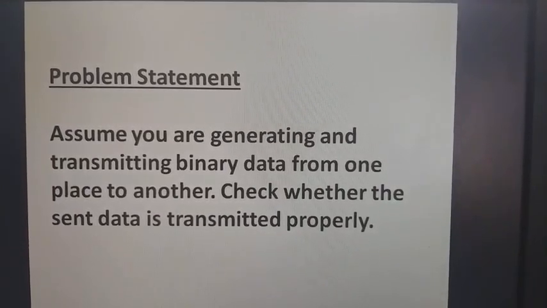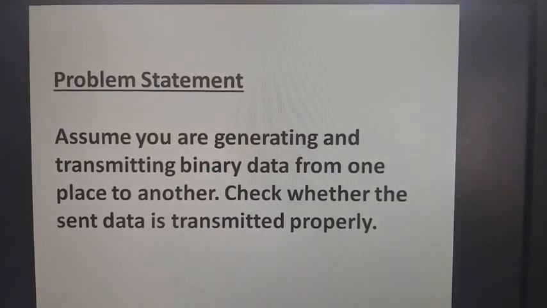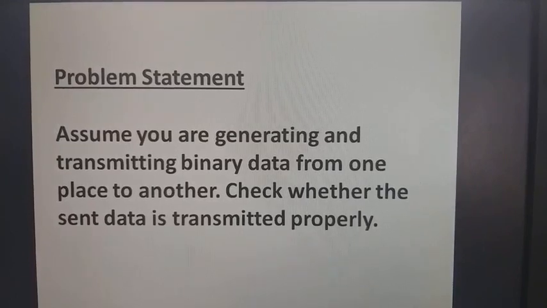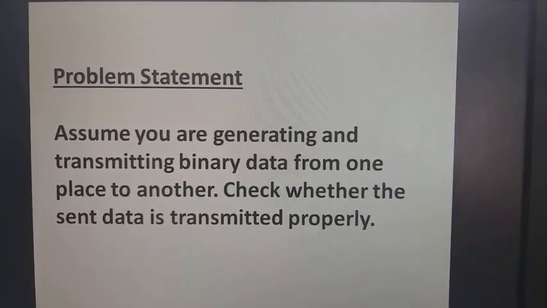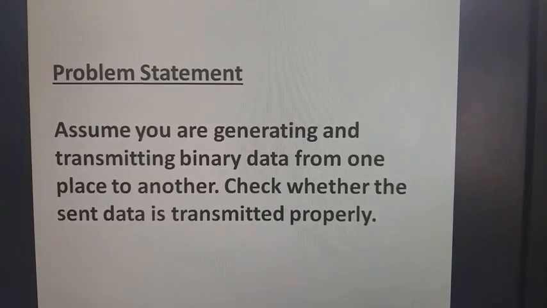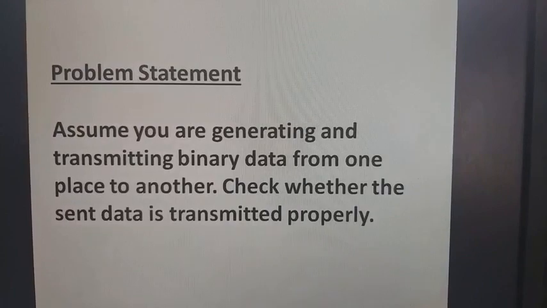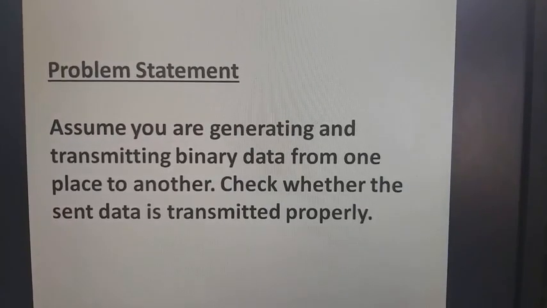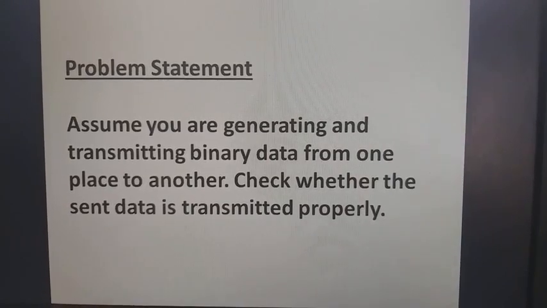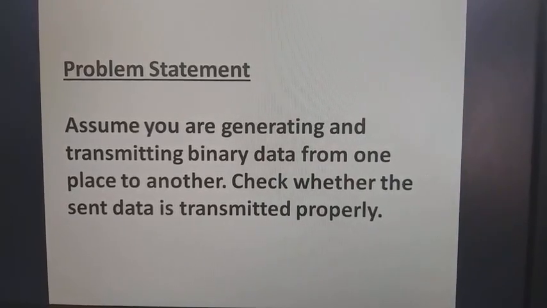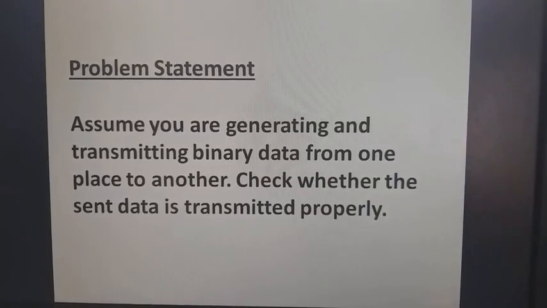In the sense, the sender sends the data in the form of binary and it should be received by the receiver at the other end. So, the transmitted data should be sent properly and received properly by the receiver. So, this has to be implemented using XOR gate, that is you are going to implement a parity generator and a parity checker. Generate the input binary data using the parity generator and check whether the sent data is being transmitted properly